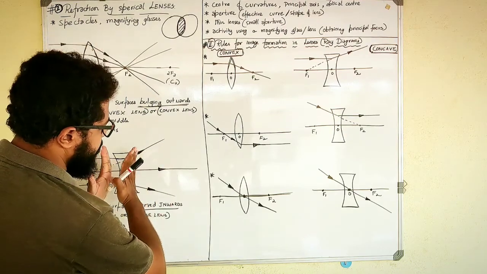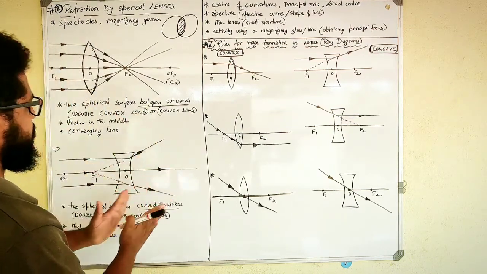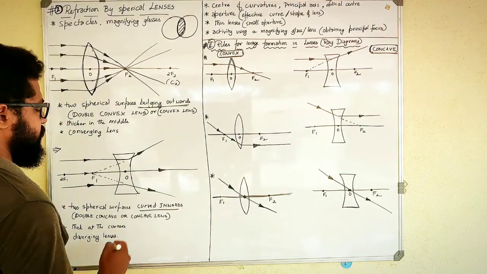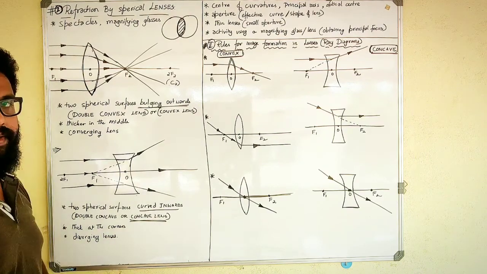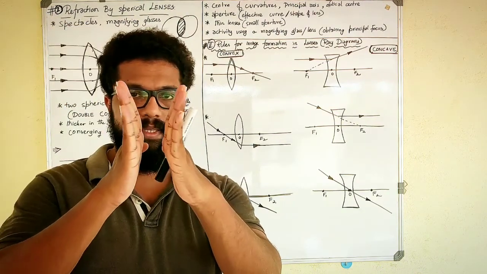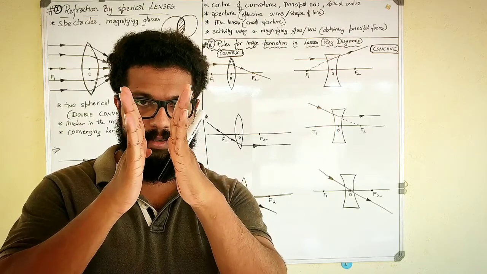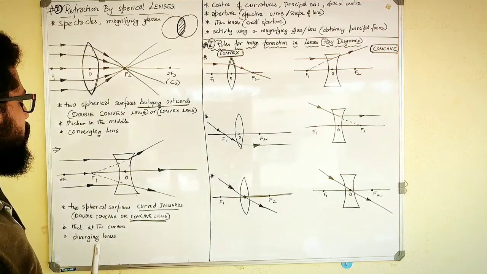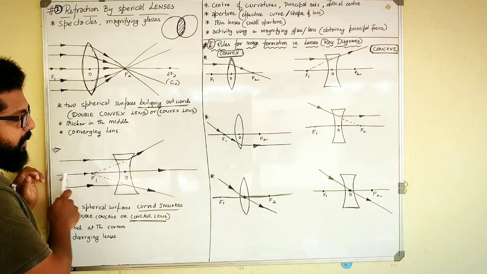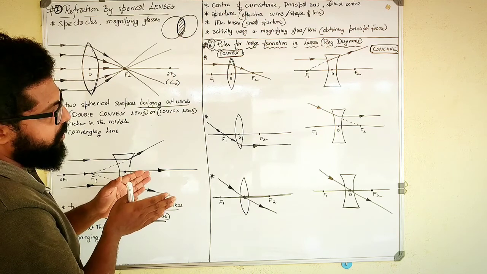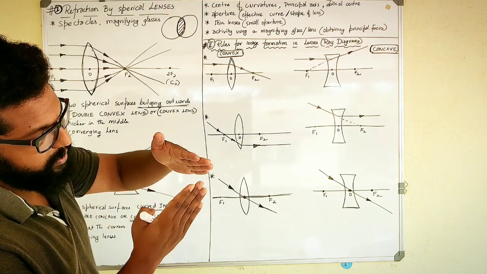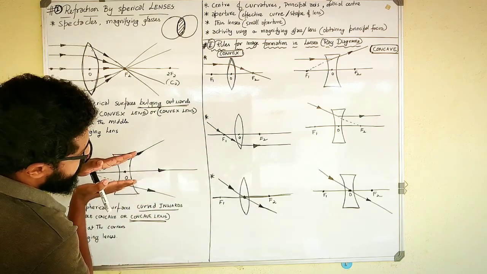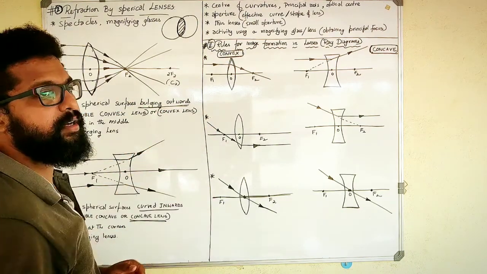Okay, it is curved inwards, and this type of a lens is called a double concave lens or just concave lens. We'll be considering this type of lens as concave lenses. So concave lenses are something like this, which is thin in the middle, thick in the corners. And these type of lenses, when the light ray falls on them, they will bend. Instead of bending all the light rays towards each other, they will bend away, which means they are diverging the light rays after the refraction.